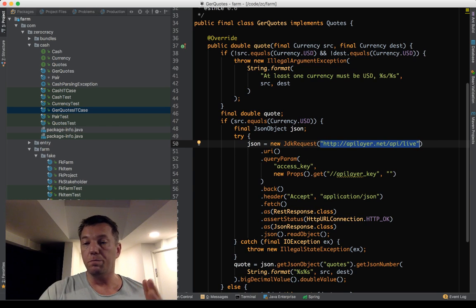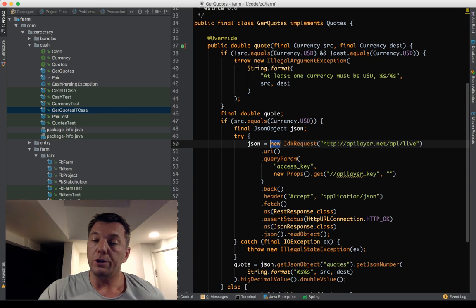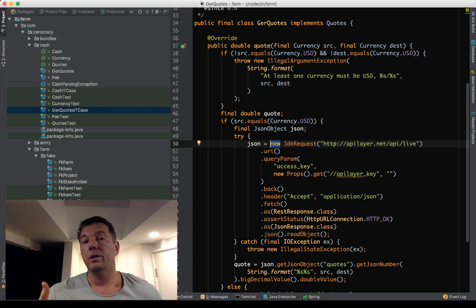Eventually, these guys will probably have something against that. They will start banning us. They will start trying to do something with this testing. If we run tests frequently, then that's going to be a problem. So we don't want that. We don't want to touch expensive resources while we're testing. Now I'll show you how we can resolve that. But my point is that every time we see operator new, it's a potential situation for a future problem.